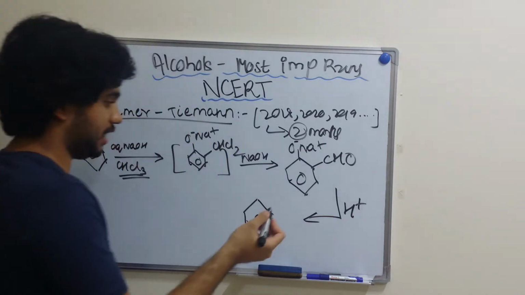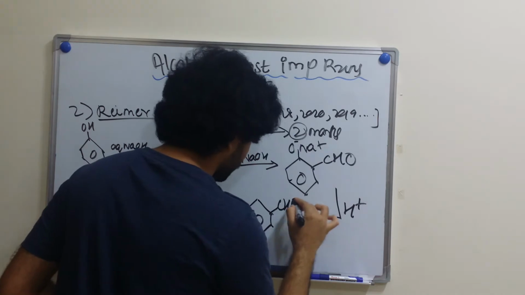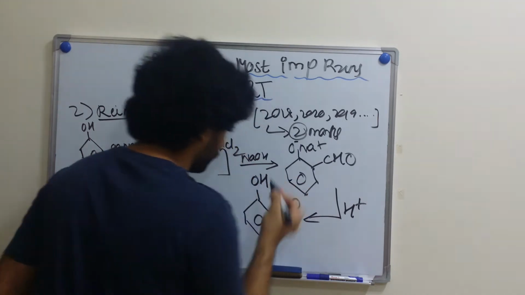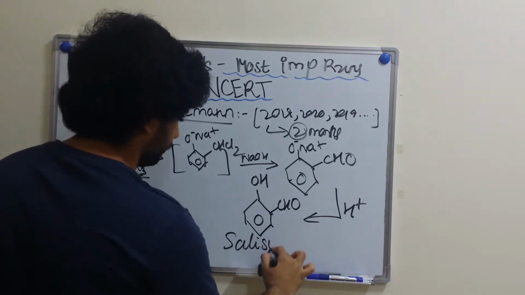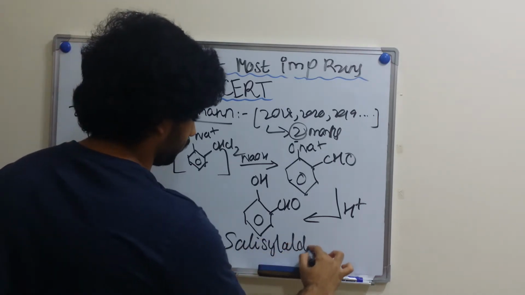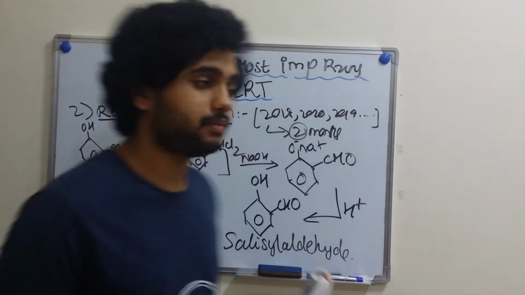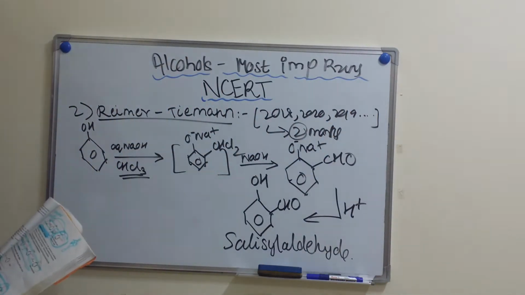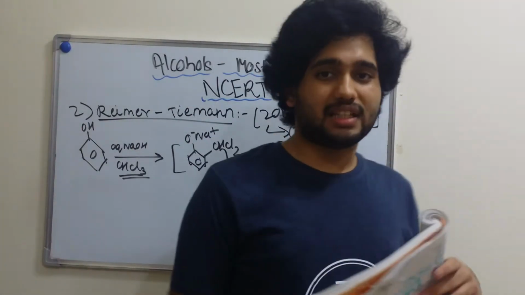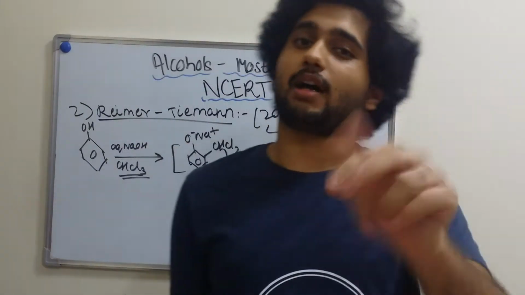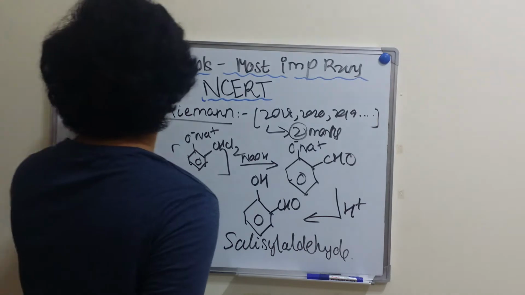For salicylaldehyde, the aldehyde means the CHO group has to be there. So CHO and OH, this is called salicylaldehyde. Please make a note of this. I hope you all have made a note. If you study these 2 reactions, your 5 marks are pakka in your board exams. So the next important reaction is